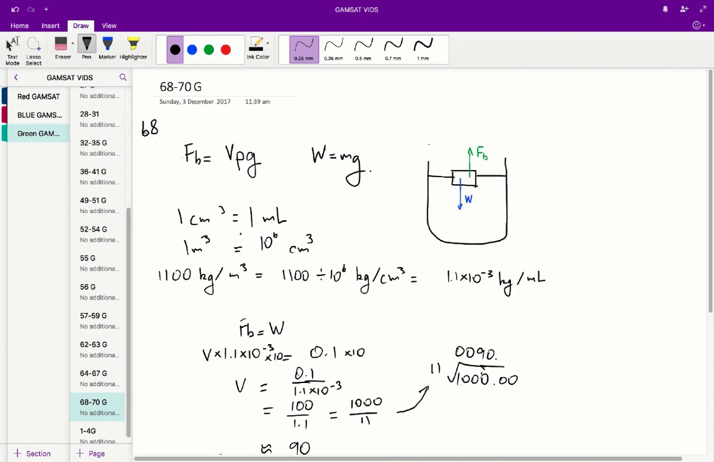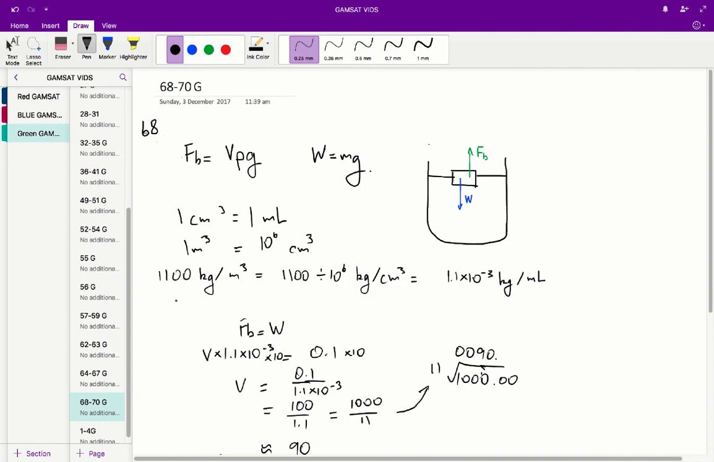One thing you definitely have to know before you come into this question is a couple of conversions. The first one is 1 centimeter cubed is equal to 1 milliliter. And secondly, 1 meter cubed is equal to 10 to the power of 6 centimeters cubed. This is really important because our density is given to us in kilograms per meter cubed, but the form that's useful for us in this case, because we're trying to figure out the number of mils that we're increasing our volume by,